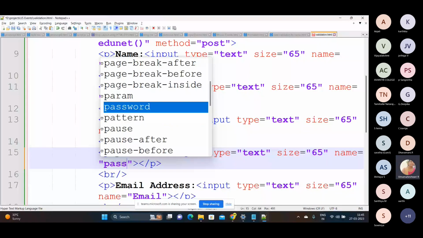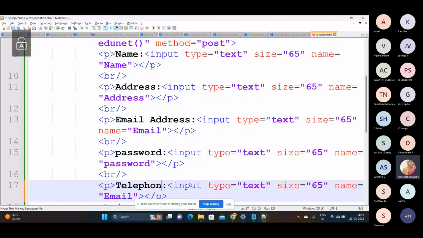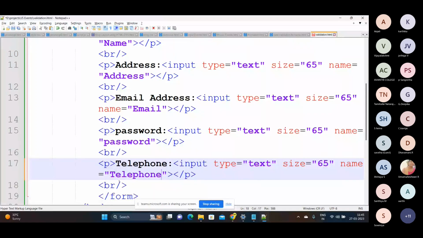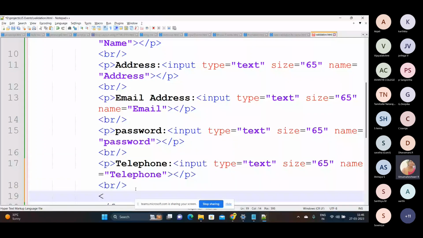Okay, so then I need a telephone number. All the keys will be available, so I'm giving it as a text. Name it's gonna be telephone. And finally I need to select some options here. So let me give it as, sorry guys, let me give it as